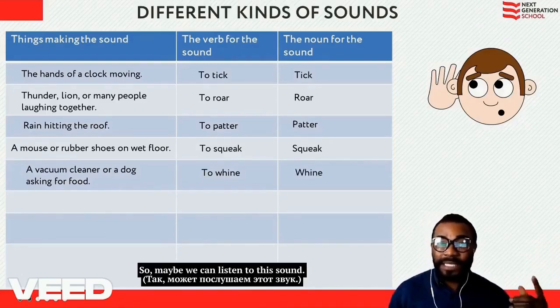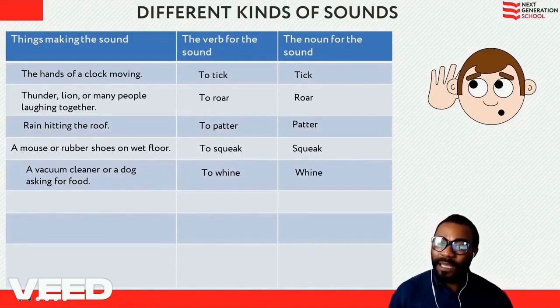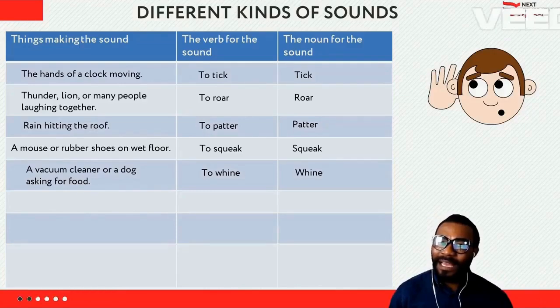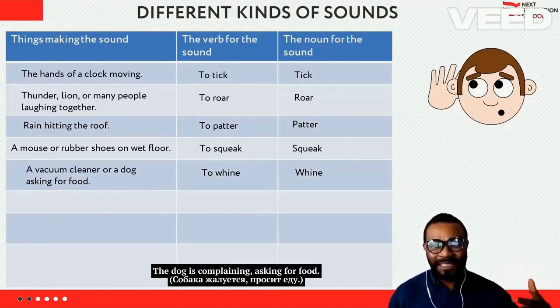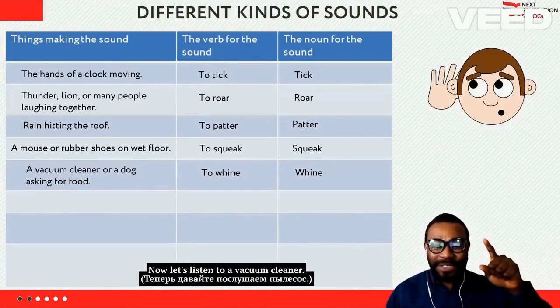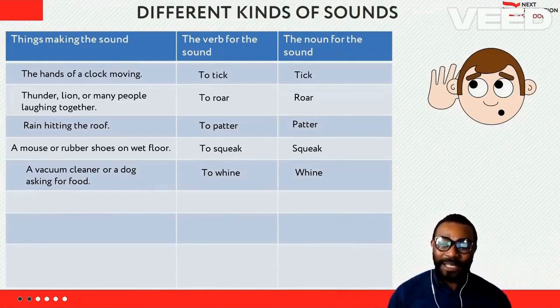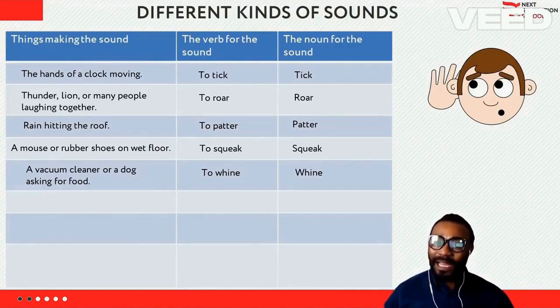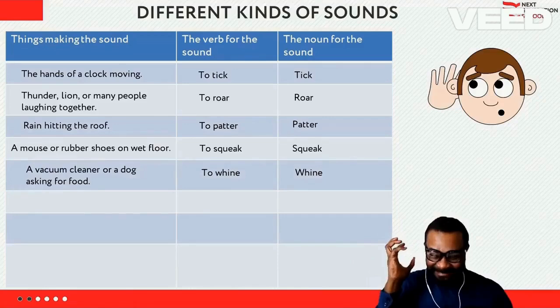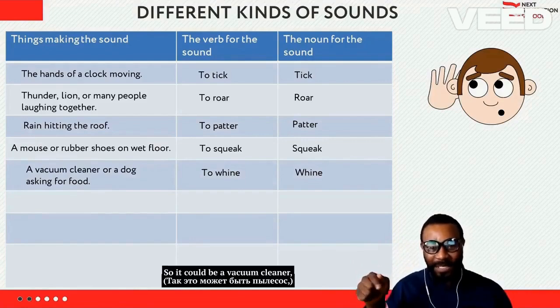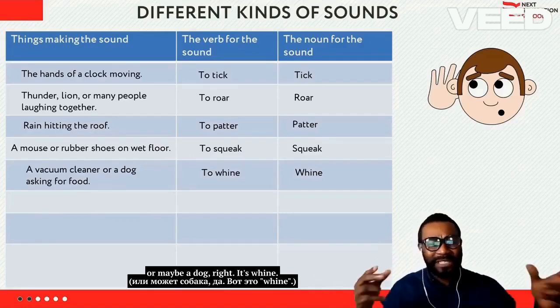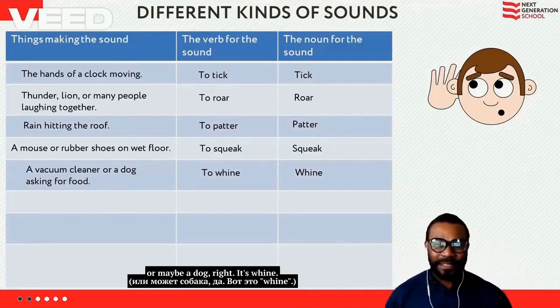So maybe we can listen to this sound. I think that's a dog, right? The dog is complaining, asking for food. Now, let's listen to a vacuum cleaner. Now, that is whine. So it could be a vacuum cleaner or maybe a dog, right? It's whine. The next one,